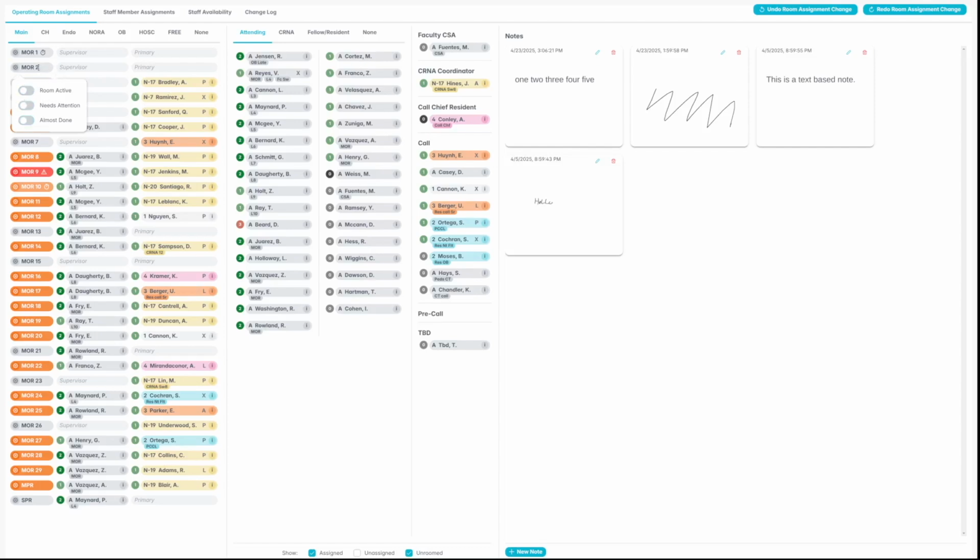Each staff member chip contains a variety of information about the staff member. On the left of the chip, a small circle shows the number of rooms that the staff member is assigned to overall. This circle is colored on a green to red color scale according to the number of rooms they are assigned to. The main portion of the chip displays an abbreviation for their role, the staff member's name, any